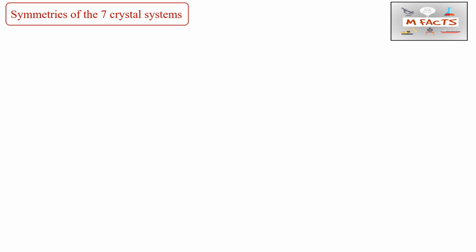So in this video we will try to understand how to remember the symmetry of the seven crystal systems. I am sure you must have heard about the symmetry of the seven crystal systems and how to find those things. But here I will tell you the trick for remembering these things so that you can save your time in the GATE exam. In this video I will not tell you how to find the symmetries of the seven crystal systems. I will just introduce the basic things.